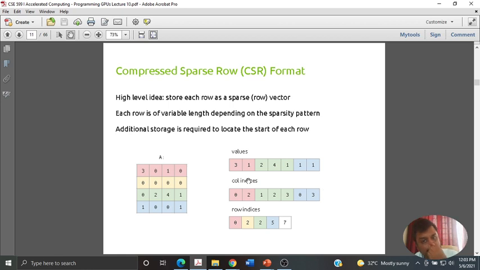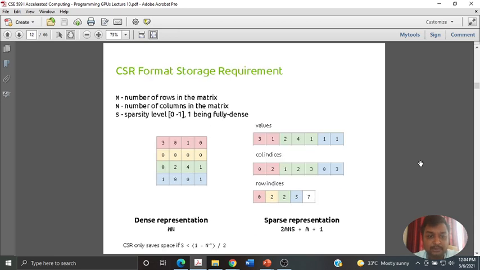Once you represent that, then the row indices are also stored. So what is meant by row index? Whenever a new row starts, that index is stored. 0 1 2 3 4 5, say 3 is where a new row is starting, and 1 is the other one. Say 0 1 2 is where the new row is starting. These are the row indices. 2 4 1 is starting at a new row, and there is a zeroth row which has to be eliminated, and hence it is replicated twice. So the zeros representation is gone. This is your CSR representation, or compressed sparse row representation, one form of representation as such.